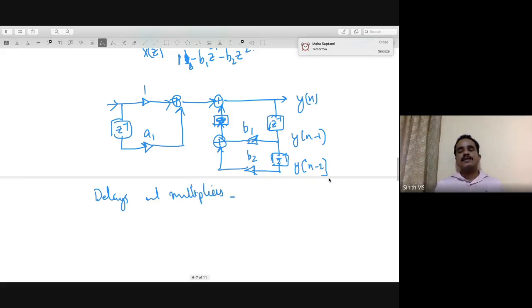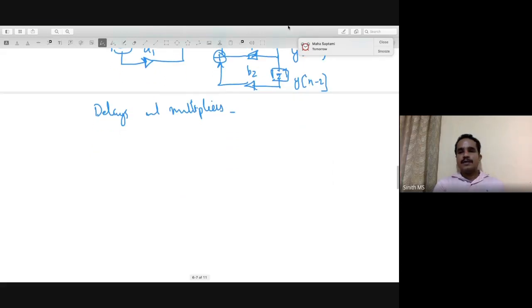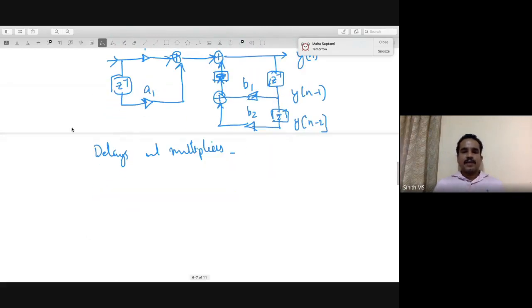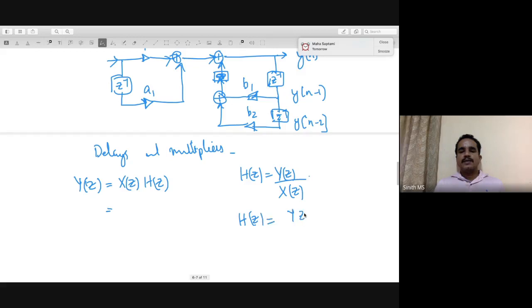So with this, we can get any desired frequency response for your filter. Now, the same thing you can do in some other way also, because this is basically your Y set. Y set you can write as X set into H set, or basically H set is Y set by X set. This can be written as Y set by some W set into W set by X set,